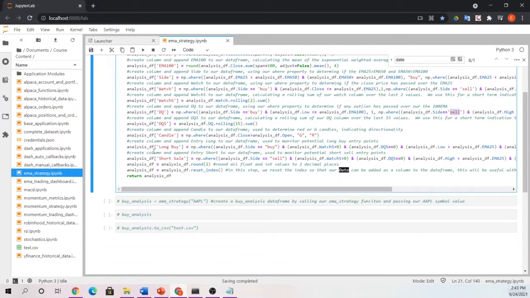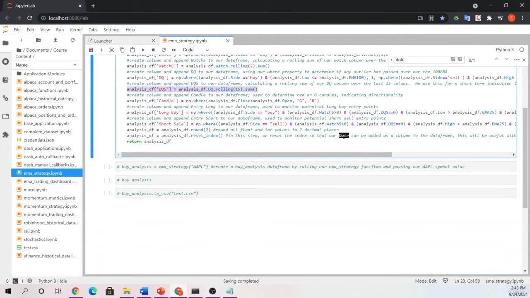disqualifying it for this. And for our disqualifier, we want a rolling sum. We want to look for the last, so for this example, we're pulling minute data. We're going to look over the last 15 minutes. If that has went underneath of that 100 EMA or above that 100 EMA, depending on the side, in the last 15 minutes, we are going to make sure that we are calculating that in our disqualifier sum value here. So making sure that we can see if it went above or below, which would disqualify it for this trading